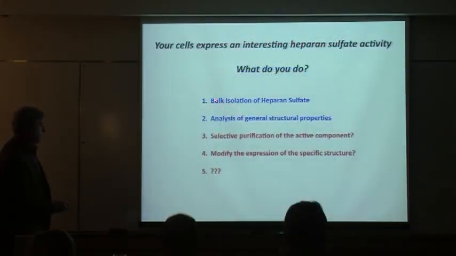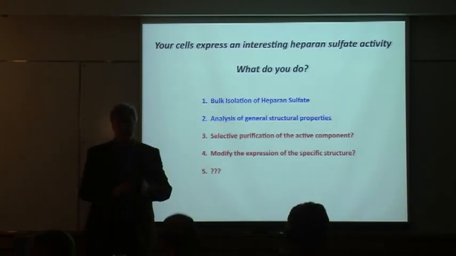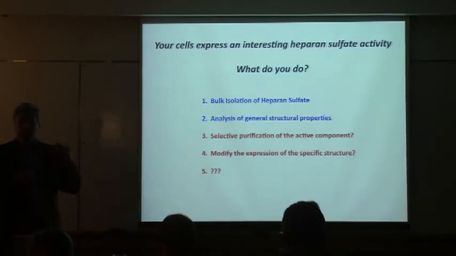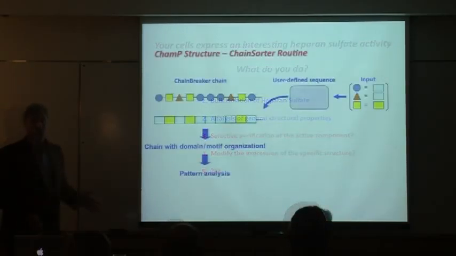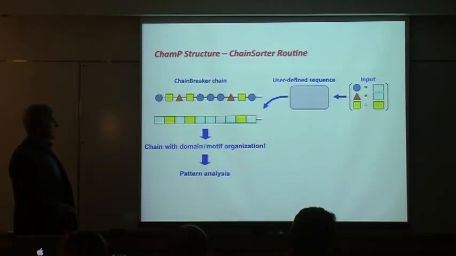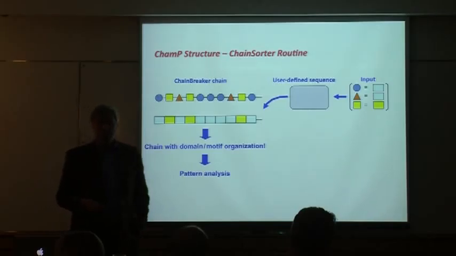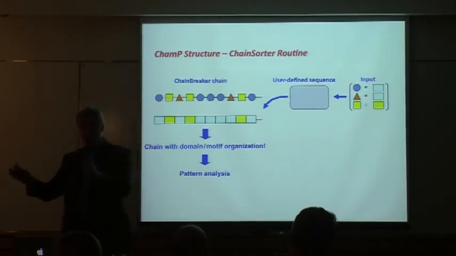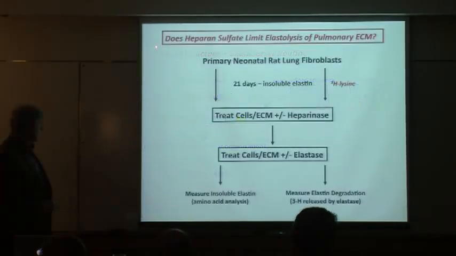Well, you can do bulk isolation of heparan sulfate. That's the kind of thing we do, and a lot of people do. We've been doing that for 20 years. And we can analyze some general structural properties: average chain length, polydispersity, maybe disaccharide composition, the presence of motifs in our 100 chains, see how evenly they're spaced, see how different they are. Any motif you want. Let's say you have a hypothesis, and there are a lot of hypotheses in the chemical literature, that certain structures bind certain proteins. I'll just show you some experiments that we've done in cell culture toward that end,